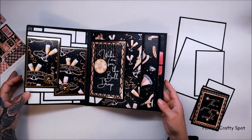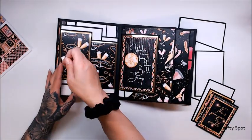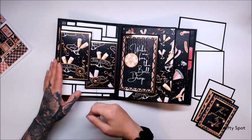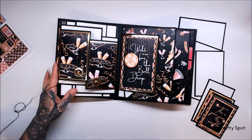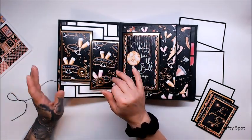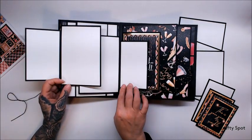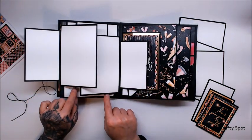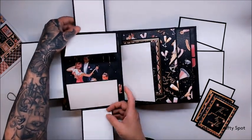And then we flip over to this side right here. So this is what I am calling a deconstructed waterfall pages. So you've got room for several photos, but I didn't want to do a normal waterfall, so I'm calling it deconstructed because it's easy to do. So lots of room for photos, different sizes, and then you can also go this way